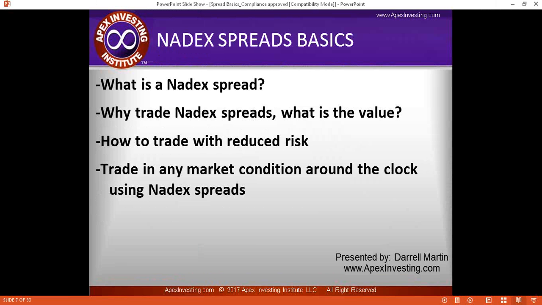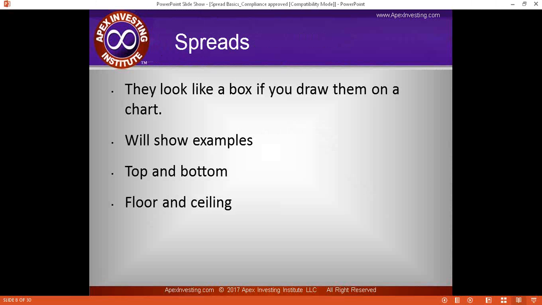So today, Nadex spread basics. What is a Nadex spread? What's the value of a spread? How do they work? Why trade them? How to trade with reduced risk? And how to trade in any market condition around the clock with Nadex. Okay, so